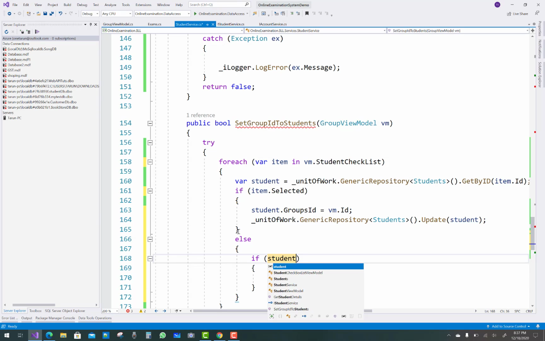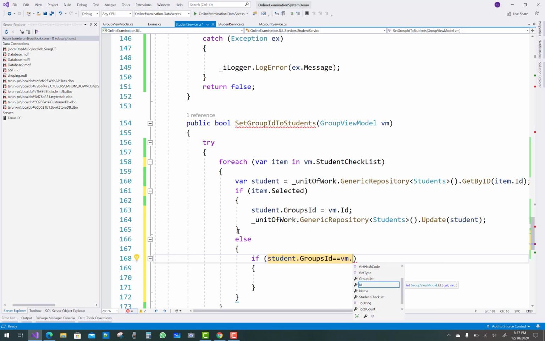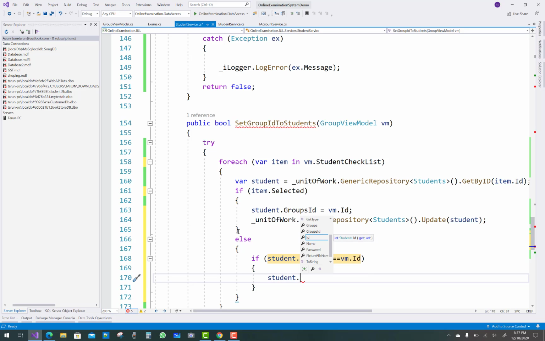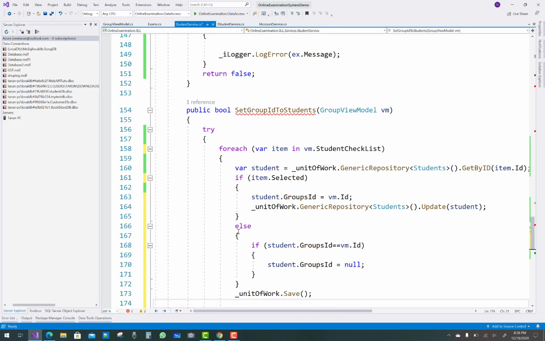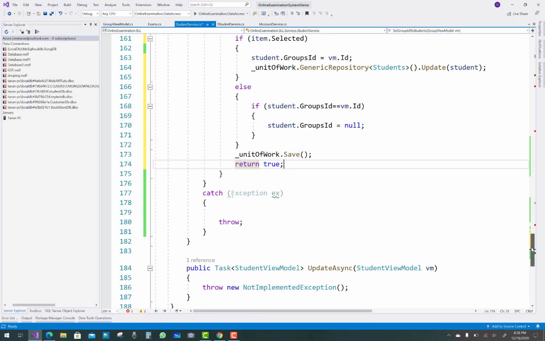In the else part, if item is not selected, that means student dot groups ID is double equals to VM dot ID. I mean to say that the newly assigned ID is double equals to VM dot ID, that is already assigned. I mean to say that student dot groups ID is double equals to null. So that is the unchecked position here. So unit of work dot save and return true,